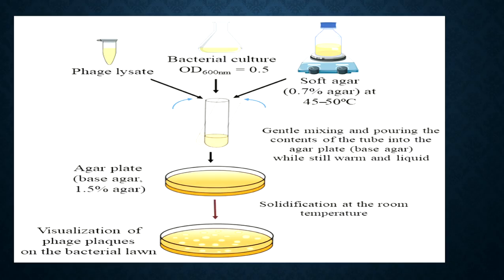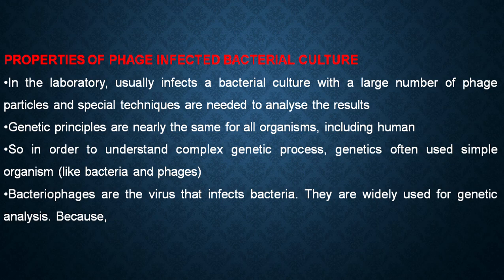This image shows the counting of plaques. The phage lysate and bacterial culture are gently mixed in soft agar, and the content of the tube is poured onto the agar plate while still warm and liquid, followed by solidification at room temperature. Visualization of a phage plaque on the bacterial lawn. Next one,